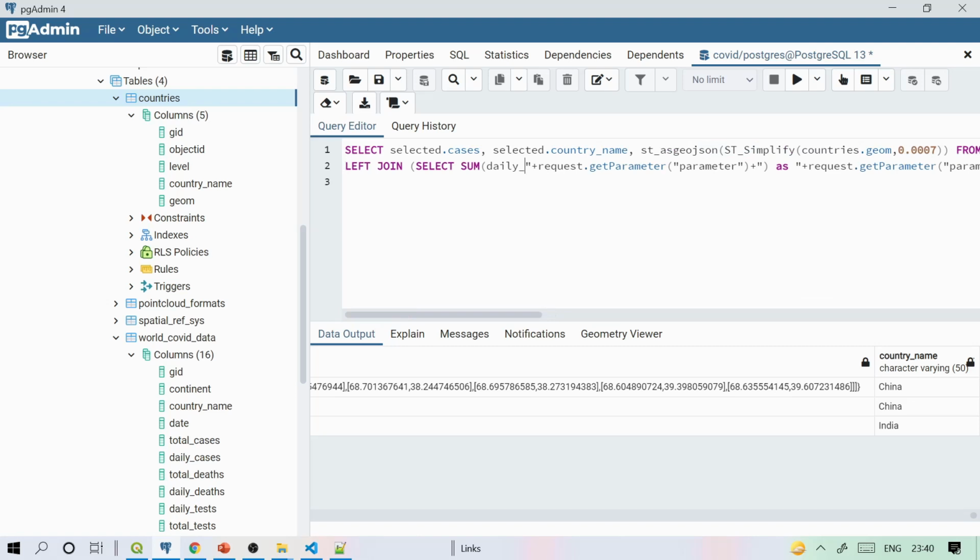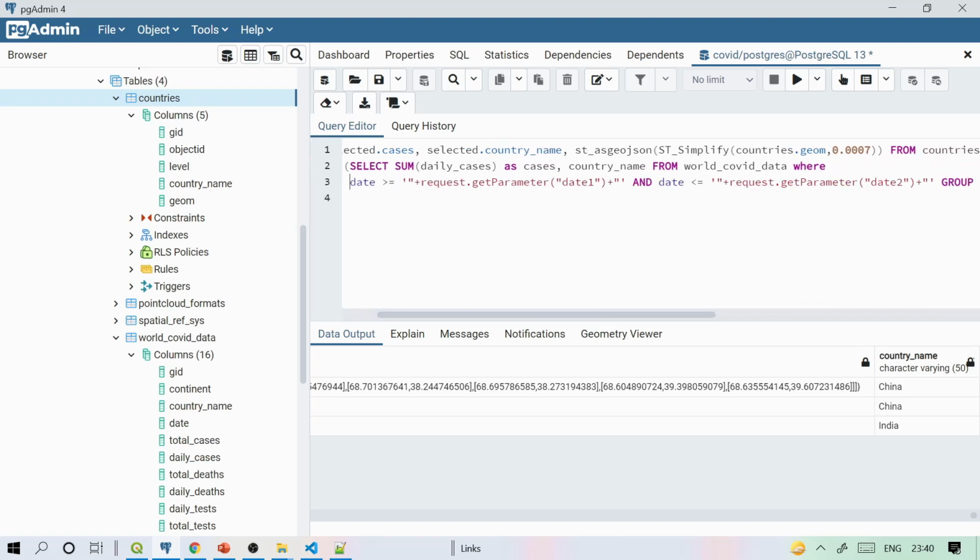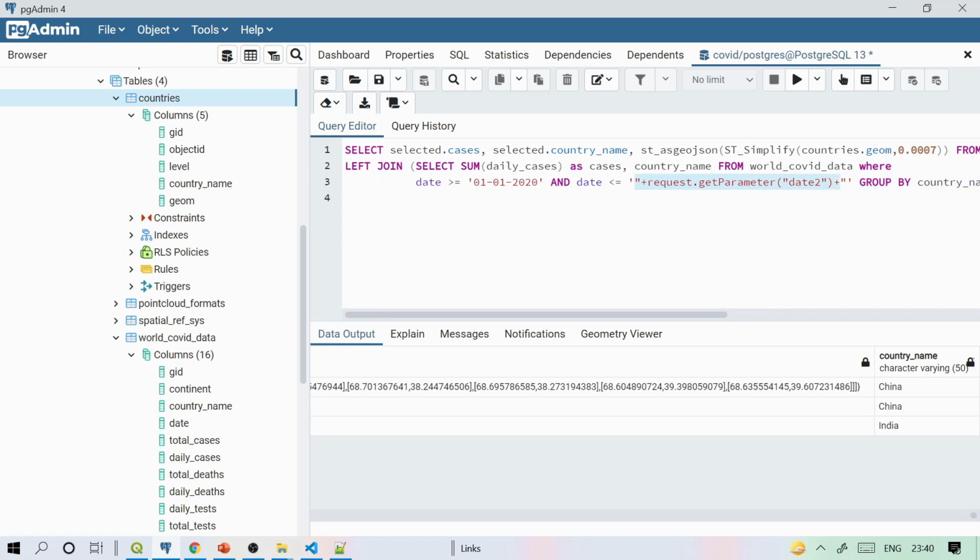Select some daily cases, like this daily cases, as we'll write cases, country name from world where date 1 is greater than, we have to write some date here, 01/01/2020, and date 2 01/01/2021. Okay,